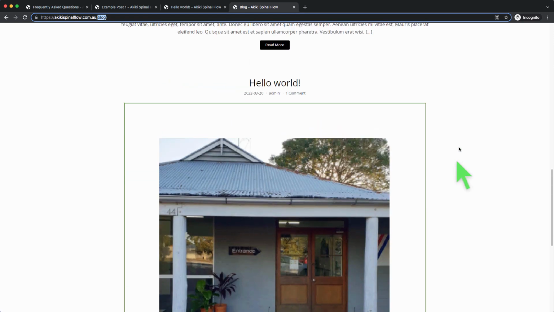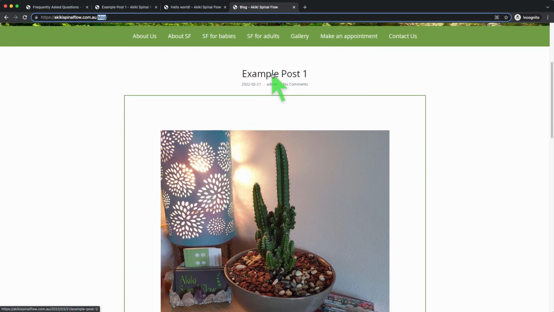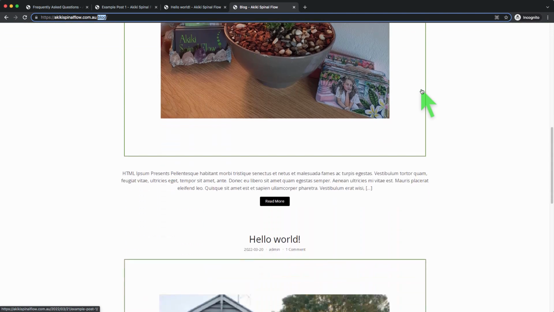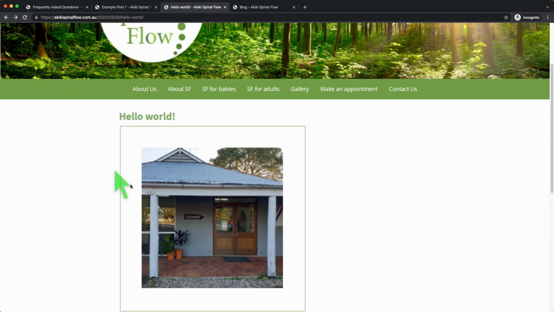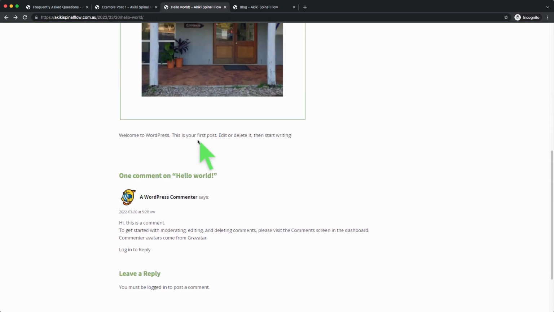Okay, I've got two here just as an example. There's also one here with a comment. So if we were to look at these individual posts, you can go there by clicking on the title or by clicking on the read more. They look like this. So the individual posts have the title, the featured image, the content, and if there are any comments,